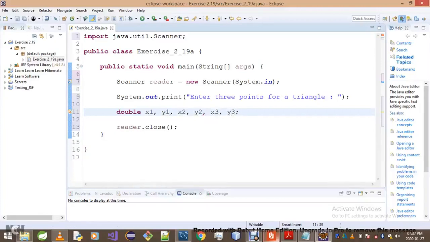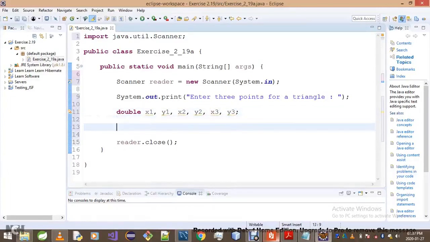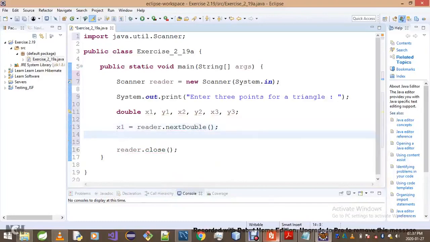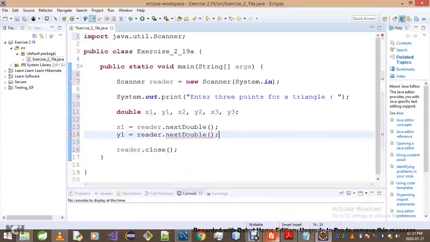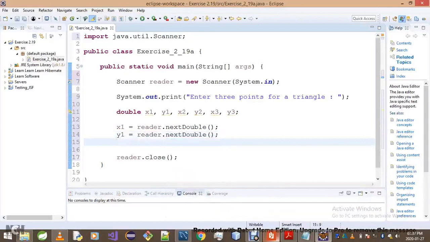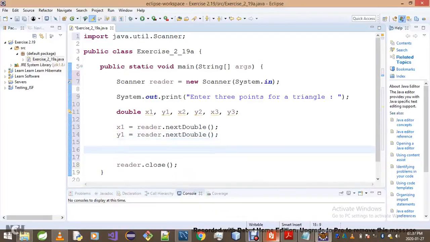Simply do that, and then simply go x1 equals reader.nextDouble. We do one and the same thing for y1, we go reader.nextDouble. Again, you folks, I hope you can recall the fact that the order of reading these variables, these user inputs,